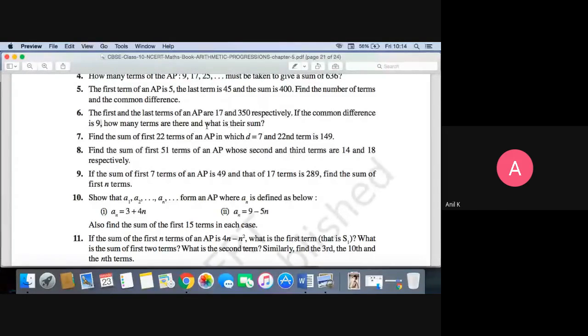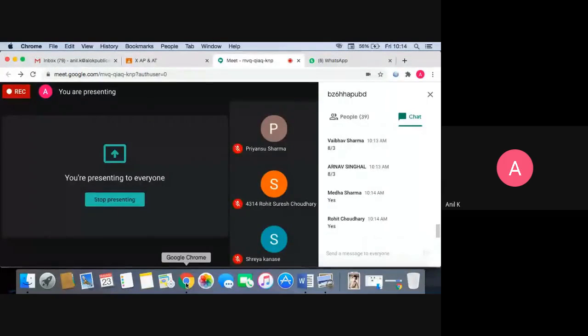Okay, so first use the An formula. a value is known, d value is known, An value is known. So you'll get the n value. After knowing the n value, you find Sn, that is, the sum of n terms. For example, if n is coming 10, then S10. If n is coming 20, then S20. Can you solve this question? Yes. Okay, it is a very easy question.